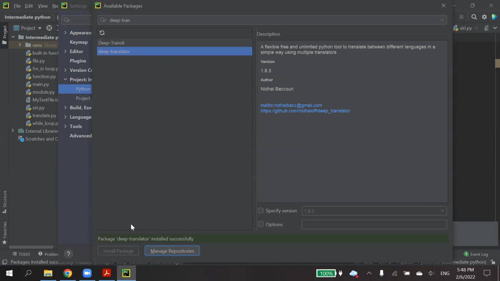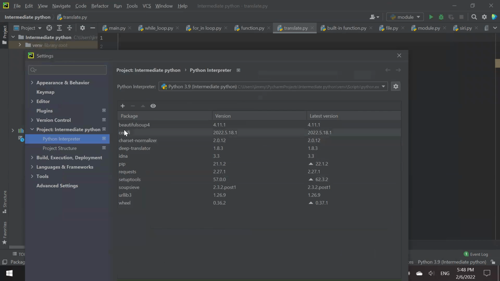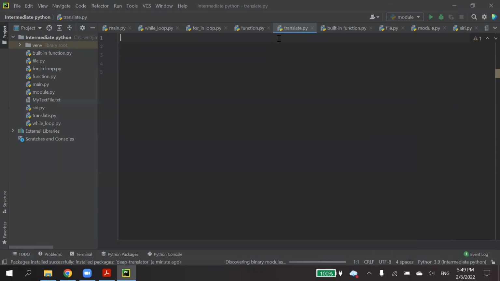So after you click install, you just wait for a couple of seconds or minutes. It will show IDEA Translator install successful. Sometimes it will come together with other libraries because it might need to use them. So something is not installed by me, but it just comes together, because just now when I installed IDEA Translator, some packages came together.